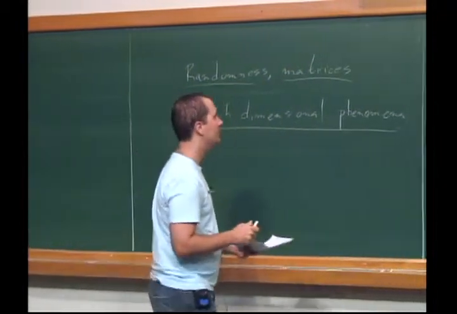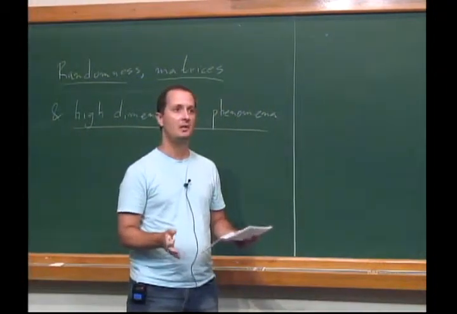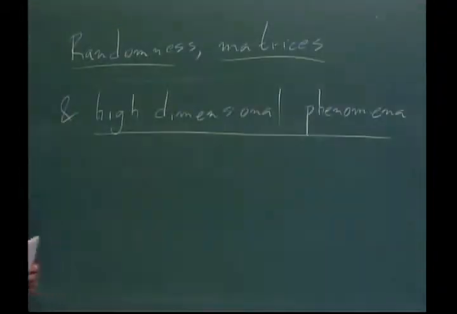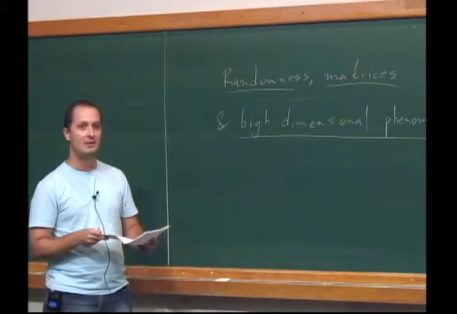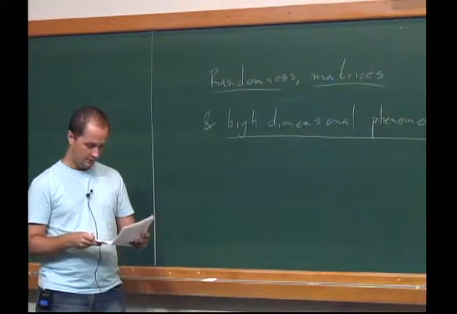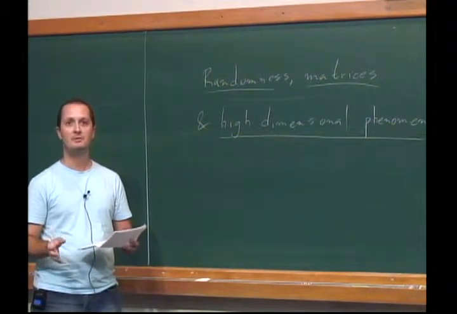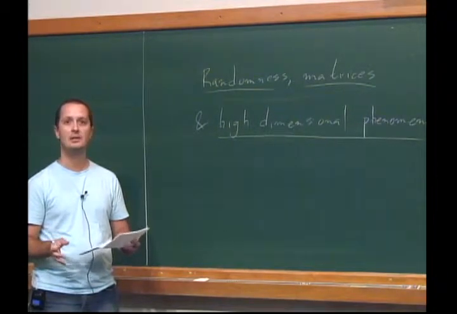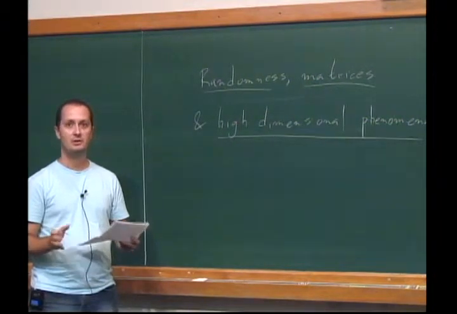Right? So let me just say what the main objects of study will be. There will be essentially two kinds of random matrices here that we'll be studying. Some of you might have heard this phrase random matrix before. Random matrices are, of course, a very important part of modern day probability. There are books written about them. There are many papers, many important works by several prominent researchers. And here we're going to be talking about very specific questions about random matrices, which are perhaps not the ones that you're most likely to see in a pure probability conference, which nevertheless are related to those questions, but somehow of a different nature.